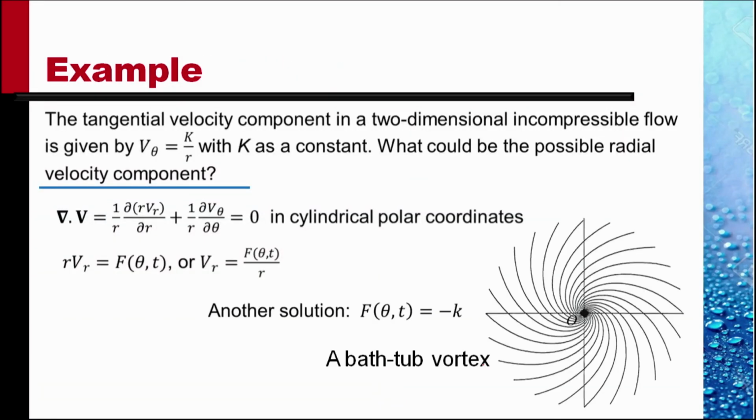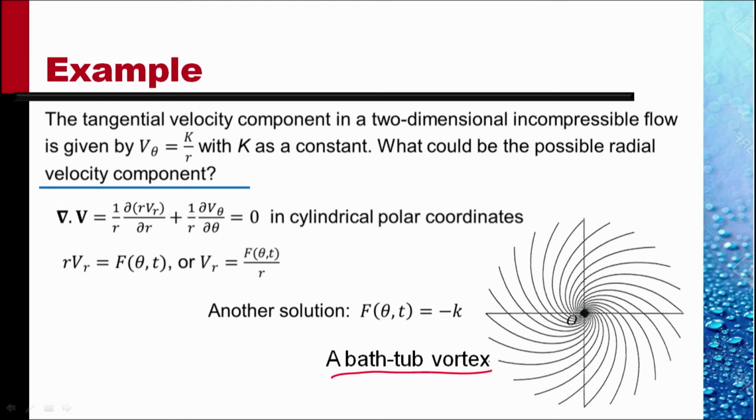Another solution is when f theta t, instead of being 0, is a constant, let's say minus k, then Vr is minus k over r. So there is an r velocity which also decreases as r increases, but is negative, is directed inwards toward the origin. A bathtub vortex,